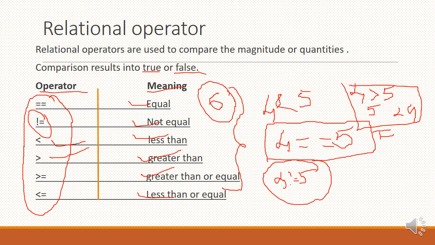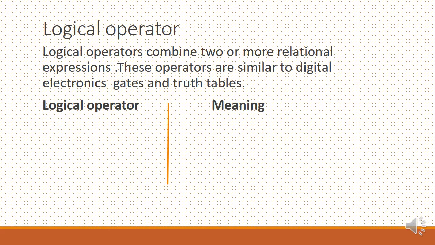So whenever we are writing the program, we are using all these operators, depending on the applications. If I am writing the program for the greatest of two numbers, then we are going to use this relational operator. Correct? Similarly, we will write the programs also in the next class. Okay. So let us study the logical operator.